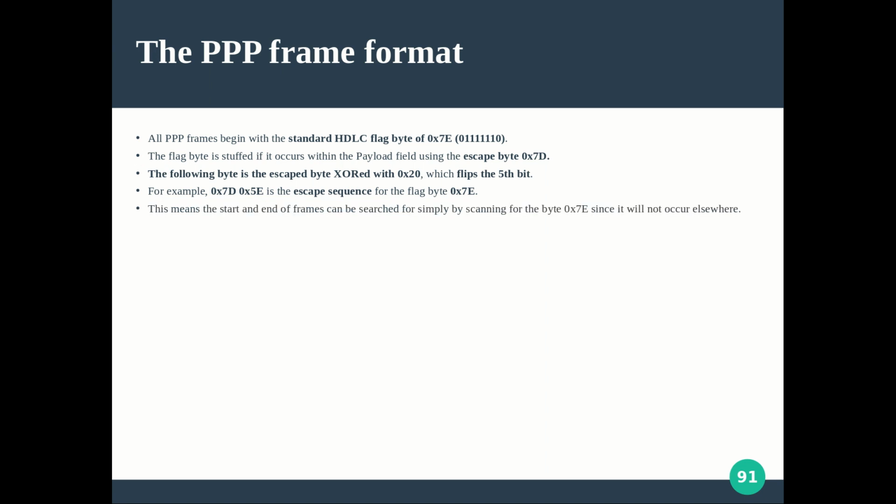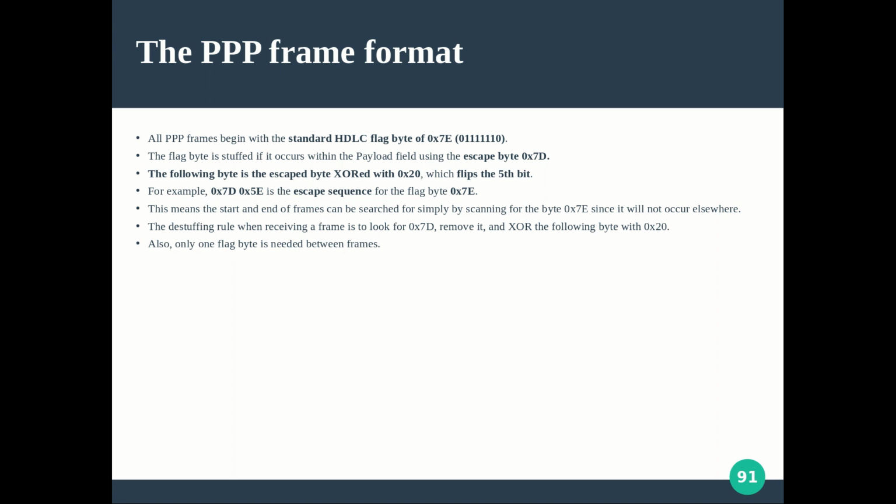This means that the start and end of frames can be found easily. Now at the receiver side, you receive 0x7D, which is the escape pattern. That will be removed by the receiver, because you know it is a stuffed byte. What follows it, 0x5E, will be XORed again with 0x20. It will result in the original pattern 0x7E. So in addition to what we learned in bit stuffing, here we do one more step. We do byte stuffing, and in addition, we do an XOR operation with a special pattern, and the same XOR operation is repeated at the receiver side so that you get the original pattern. That's about it.